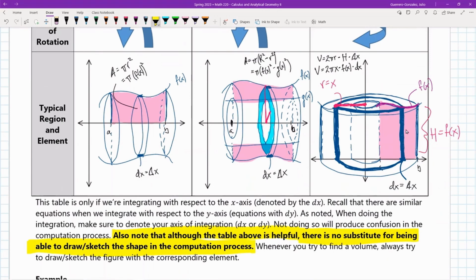Don't skimp on the detail that you can provide for your drawing, okay? Don't skimp out on the exactness. Try to be as meticulous as possible. I can't stress this enough. This is a very helpful skill to have, not only for these couple of sections, but later when you get into Calc 3 and linear algebra in our Math 250 course, okay? Be very meticulous with your drawing, okay? Don't skip out on the detail. Okay, so now,